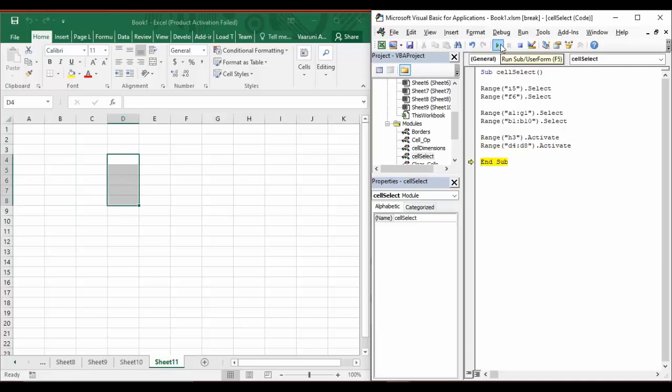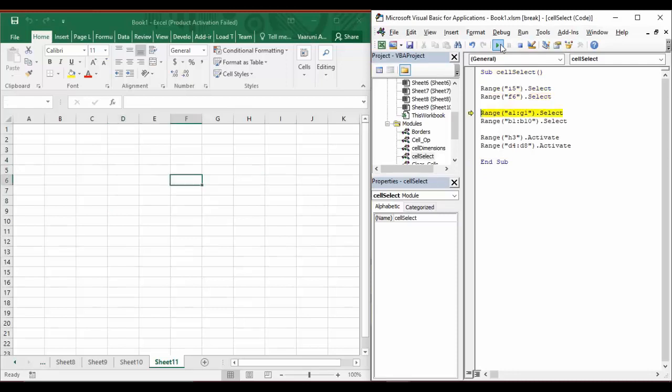The difference between a single cell and a range of cells is, when you are activating a single cell, the focus is on that single cell, but when you are activating a range of cells, the whole range is selected, but the focus is on the first cell of that particular range, whether going in a row-wise fashion or in a column-wise fashion. So that's the main difference.